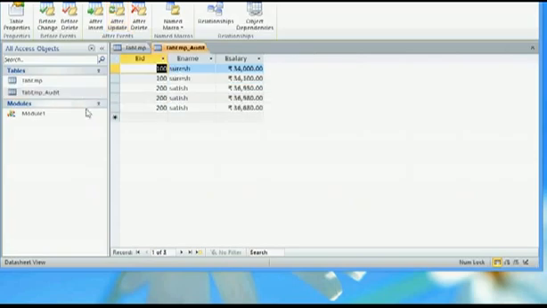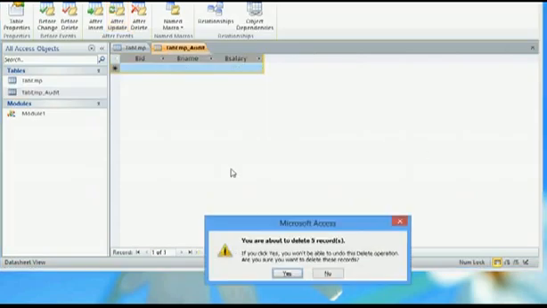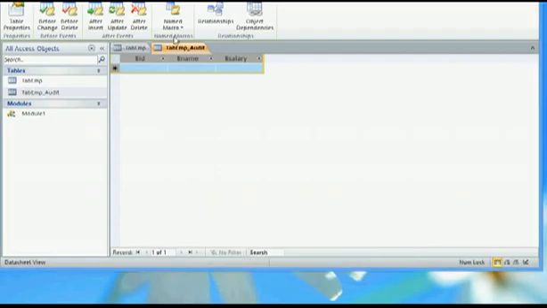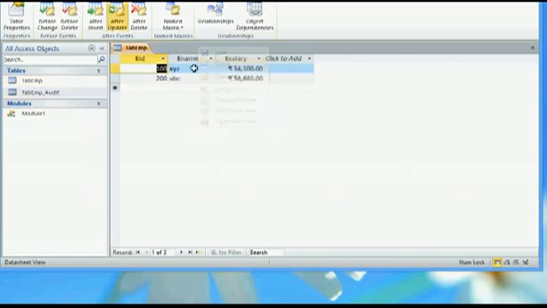If I open this, let me delete the records I have previously created. Now I have no records in the tab emp underscore audit file. I'm closing this. If I make any changes to these fields, like this, I've done some changes to this now.